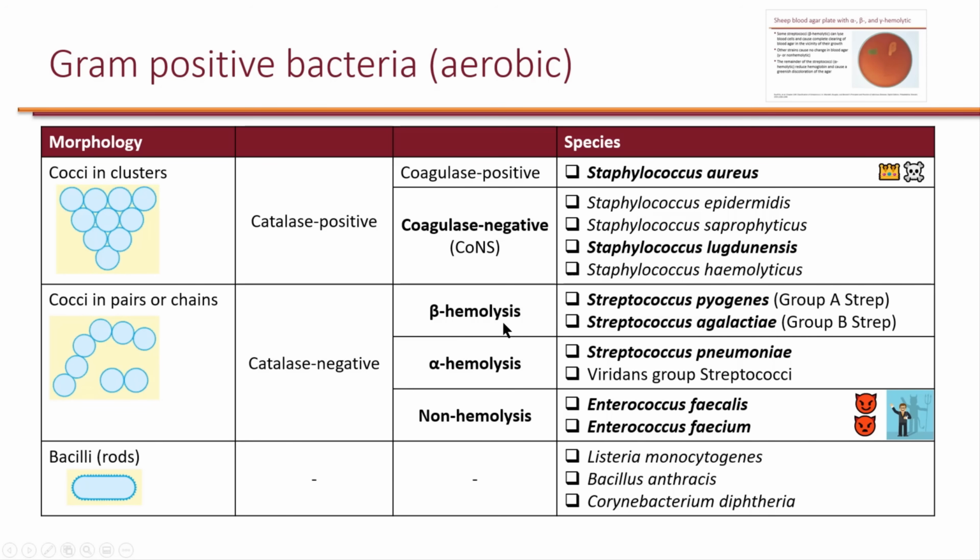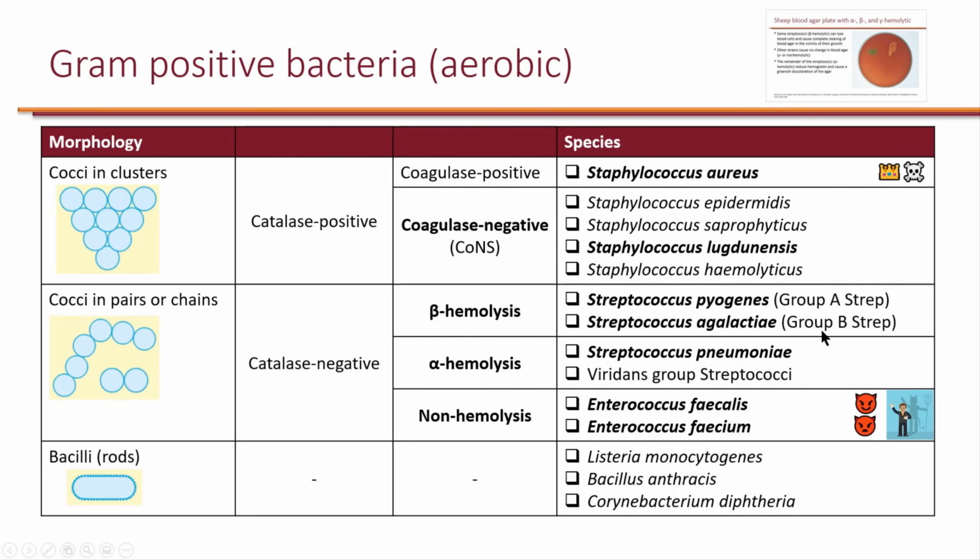So in the beta hemolytic group, we have 2 important Streptococcus species. Strep pyogenes, which is sometimes referred to as group A strep. And then we have Streptococcus agalactiae, which is referred to as group B strep. These are important, and you should know these